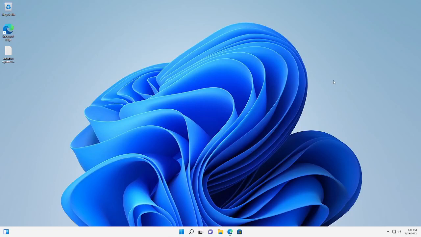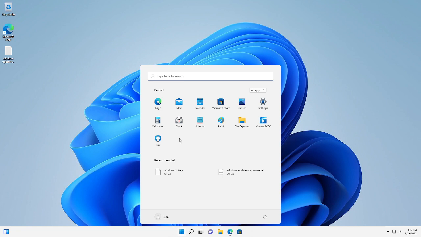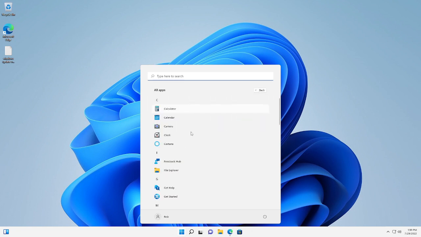So, debloating Windows 11. Anyone that installs Windows 11 knows that it comes bloated up with a lot of different applications and a lot of different shortcuts that you just don't need. So